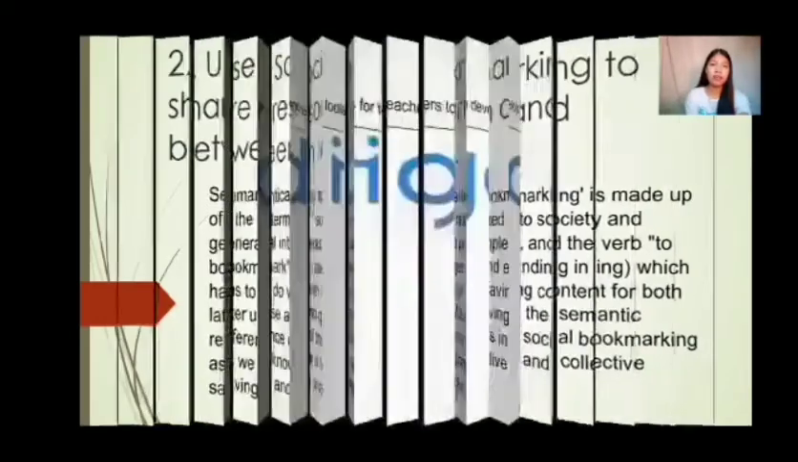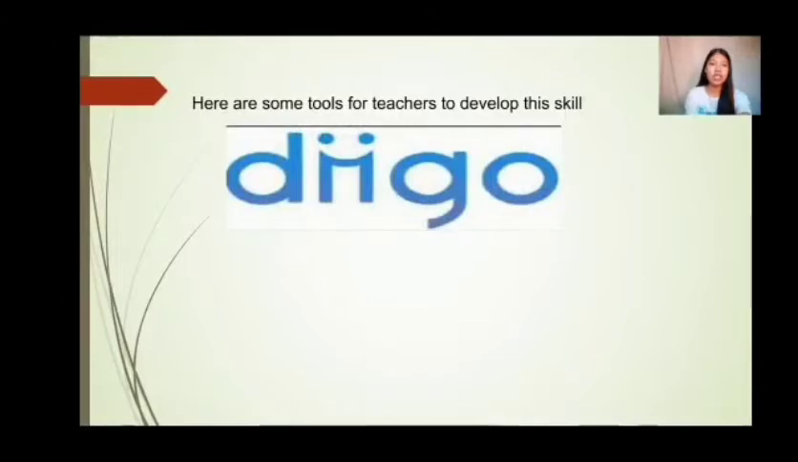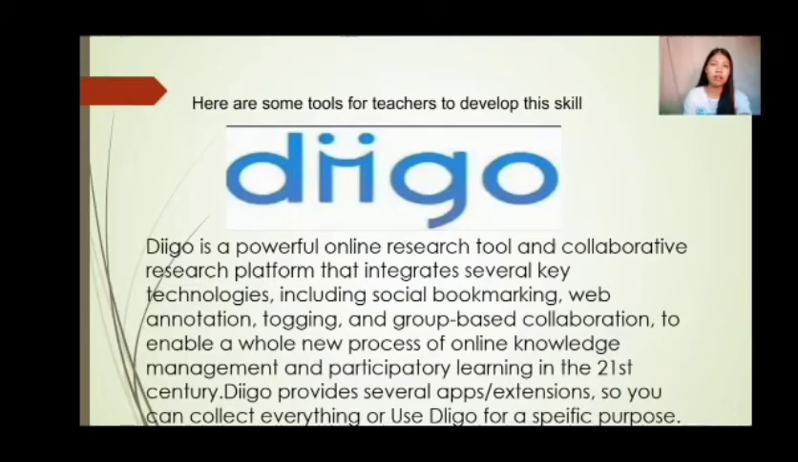Next, these are the tools that you may use in social bookmarking. First, Diigo. Diigo is a powerful online research tool and collaborative research platform that integrates several key technologies, including social bookmarking, web annotation, tagging, and group-based collaboration to enable a whole new process of online knowledge management and participatory learning